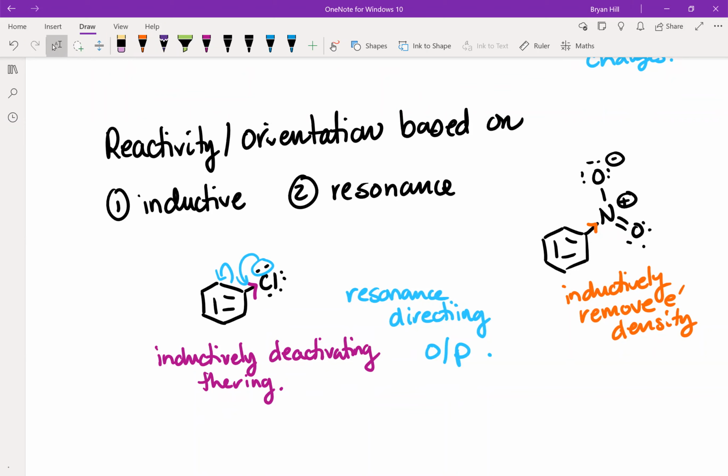The halogens are the group which inductively deactivates the ring, but through resonance directs ortho and para. And then groups like the hydroxyl group or an amine would activate the ring through resonance strongly. So that's